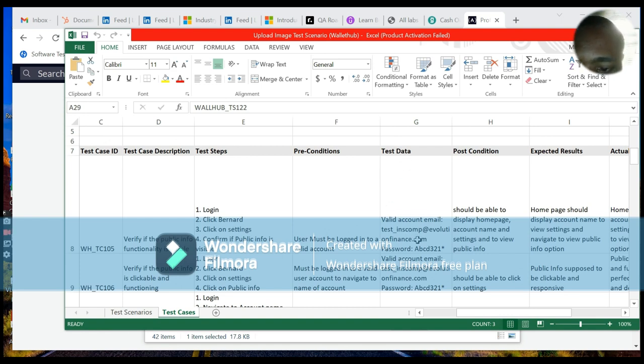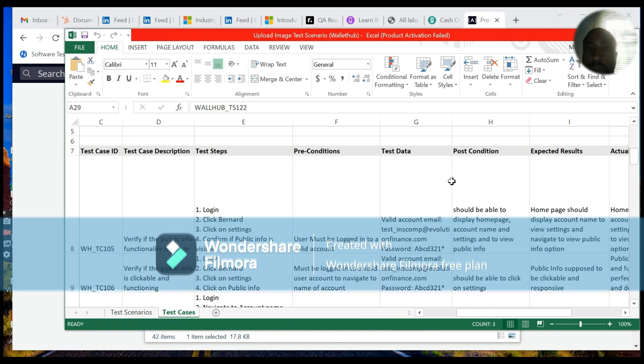The test data means the things you have to use, the tools you have to use so you can log in to this profile. The things you have to use are a valid account email, which is this, and a valid password. This is the test data. You know data is information. Before you have an account, you have to have information, and the information you have to have is the username and password, and or email and the password. So this is the test data here.